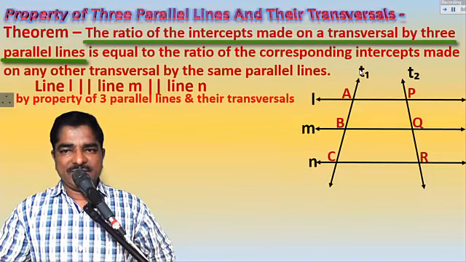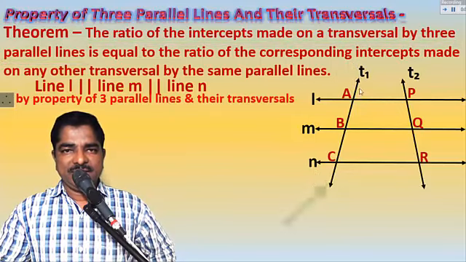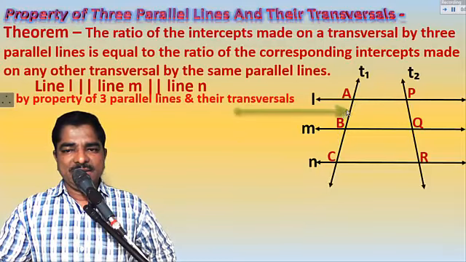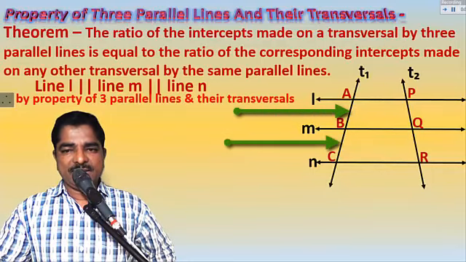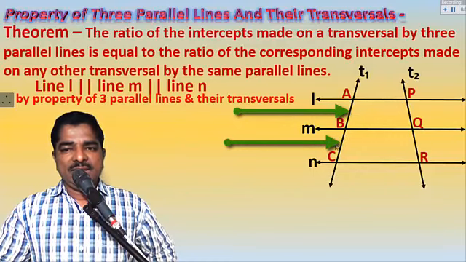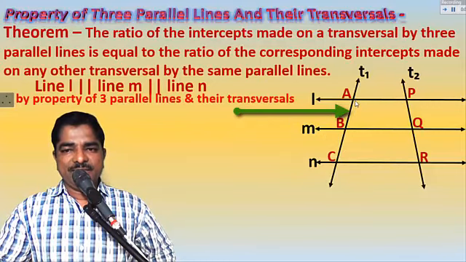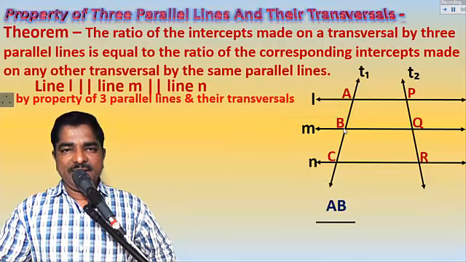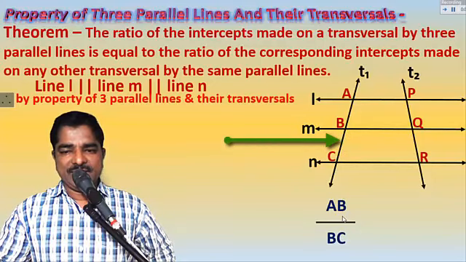The first transversal is T1, and the three parallel lines make intercepts: the first intercept is segment AB and the second intercept is segment BC. We want their ratio, that is AB divided by BC,